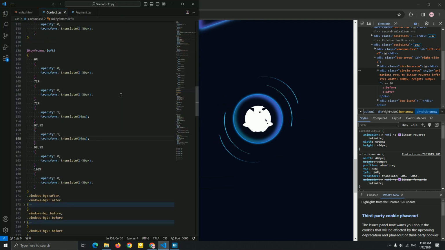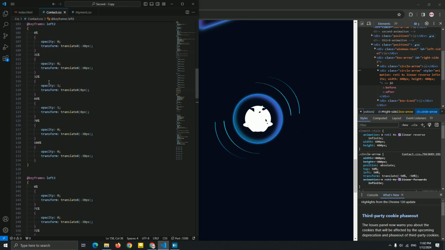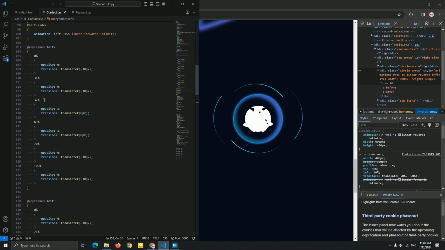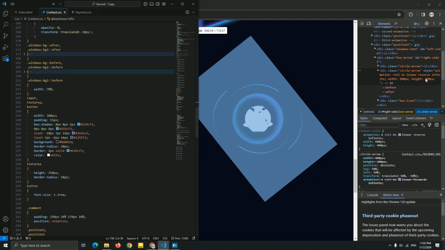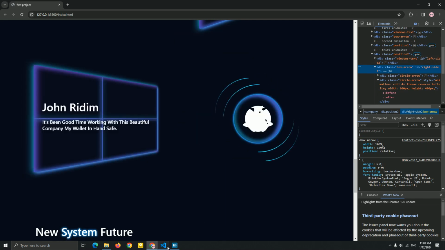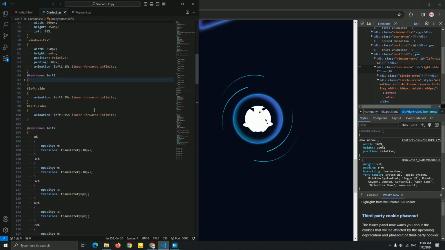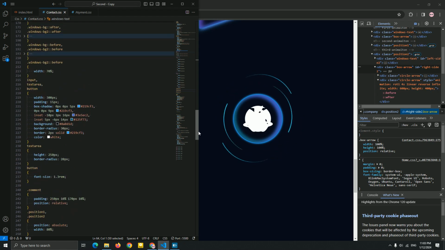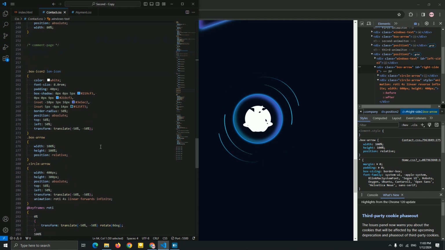And now let's add for the right side of the left. For the right side, I think it's the box arrow. Yeah, this is a box arrow. So let me copy this and paste it for the box arrow to add a style on the right side. Okay, where is the box arrow? Here we go.